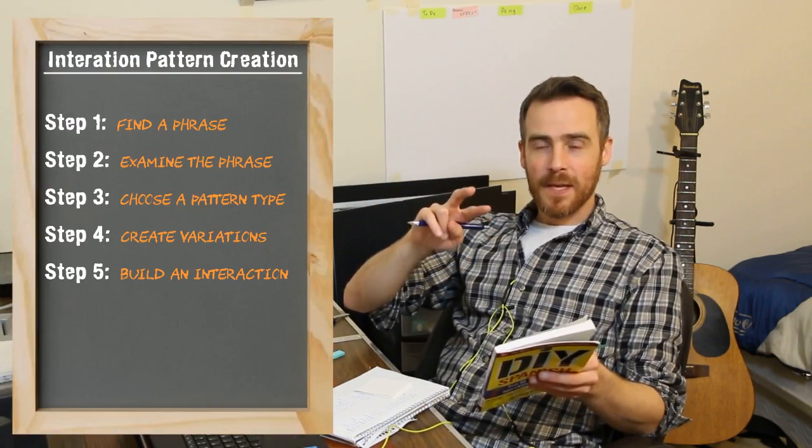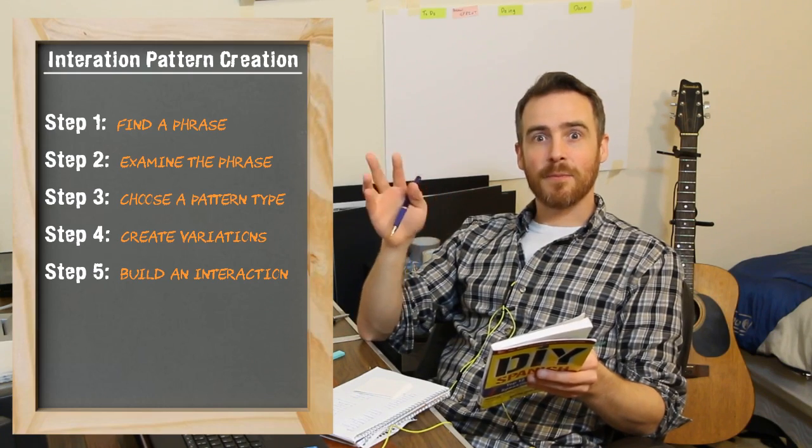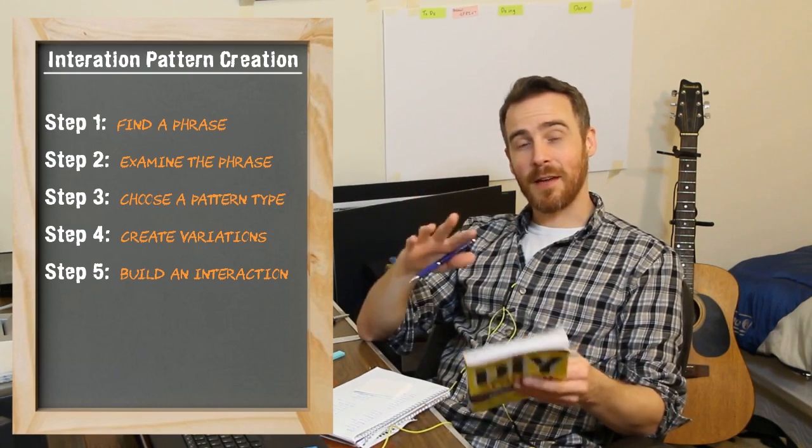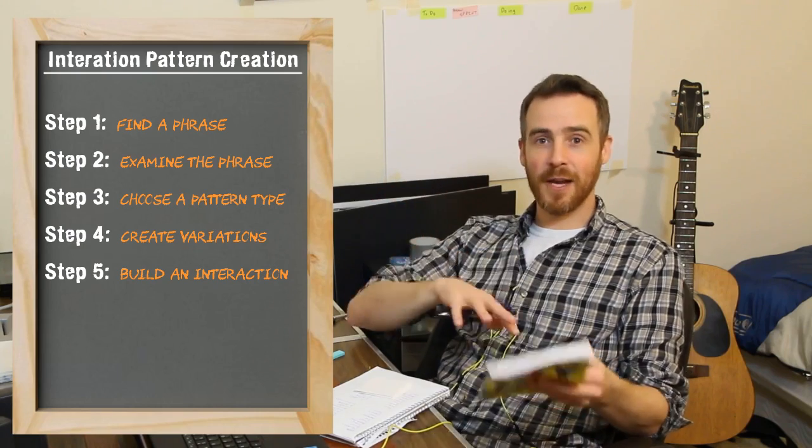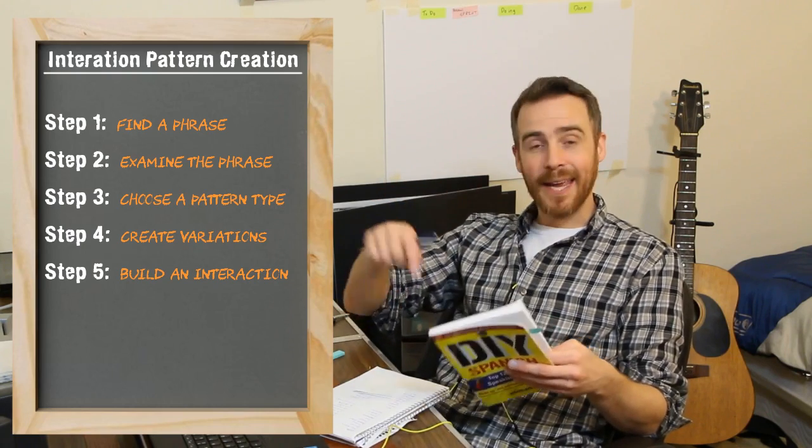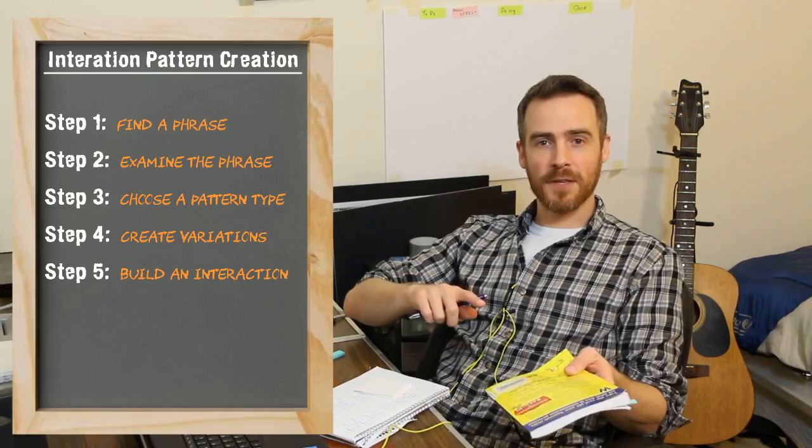On one side I'm going to write I need the wallet. On the other side I'm going to write I need to find the wallet. So I'm going to use I need the wallet to be my prompt, and then I need to find the wallet to be my response. So we're still in creating our variations, but I'm kind of combining step 4 and 5 together. Step 5 is build the interaction. So I'm building the interaction and creating variations at the same time in this case, because it's a little bit different than substitution. Anyway, whatever. I'm going to start. Let's go.